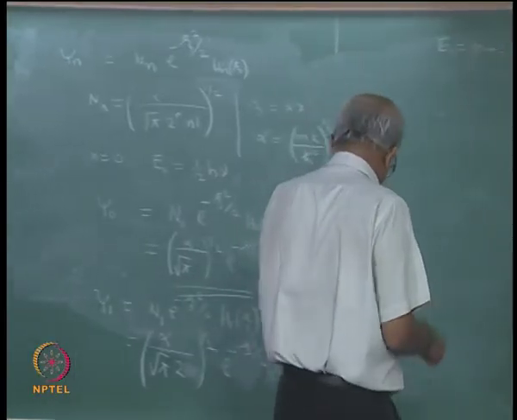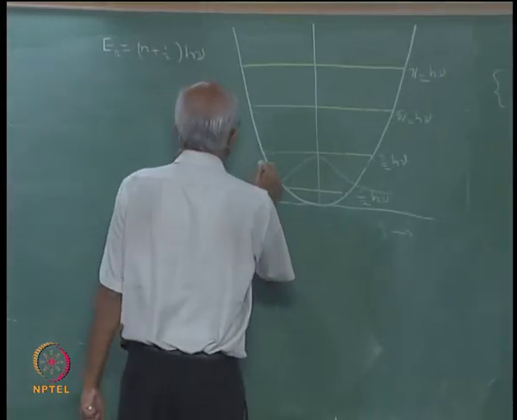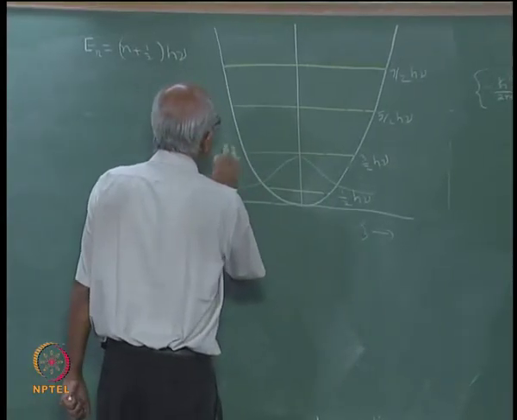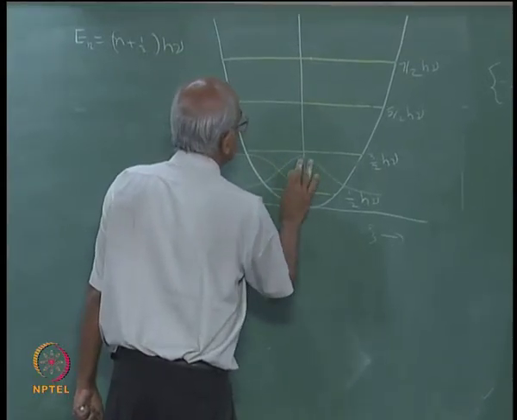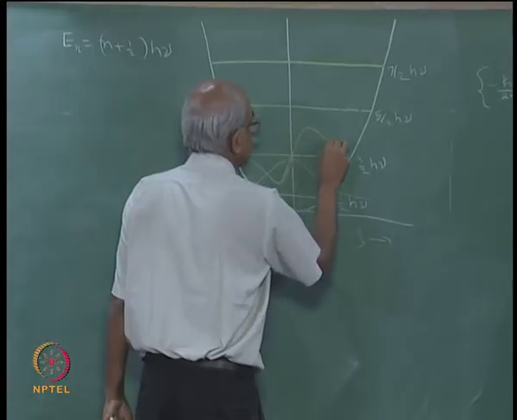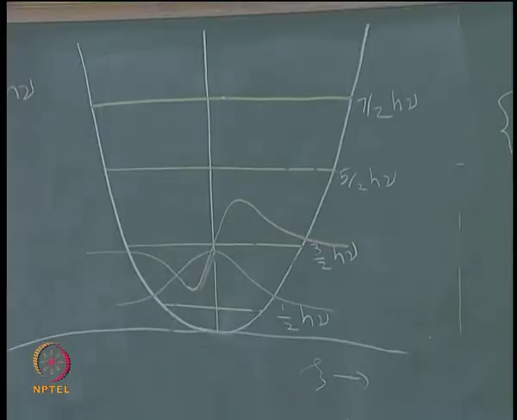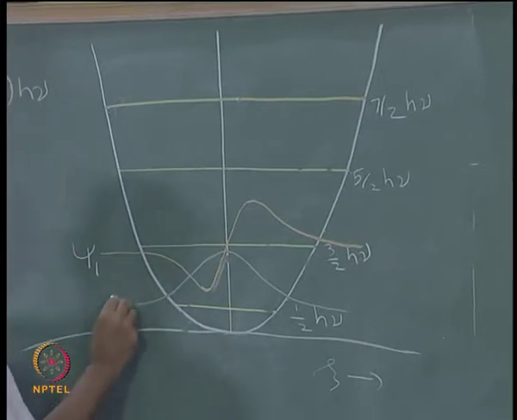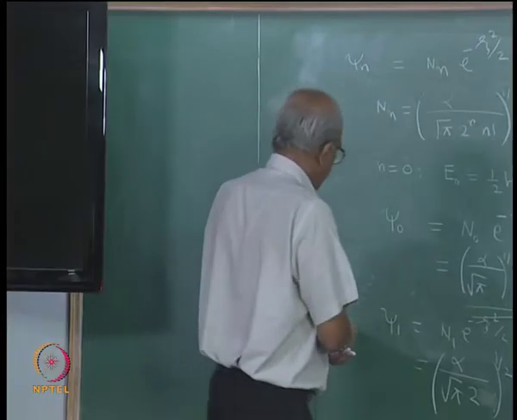So, how will it look like? I will make a plot. I hope this is not too confusing, because I am plotting different functions in the same picture. If you find it confusing, I will draw it separately. So, that is our psi 1. This lower one was psi 0. Then I will do one more, psi 2